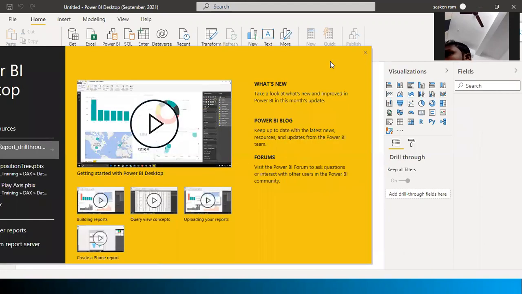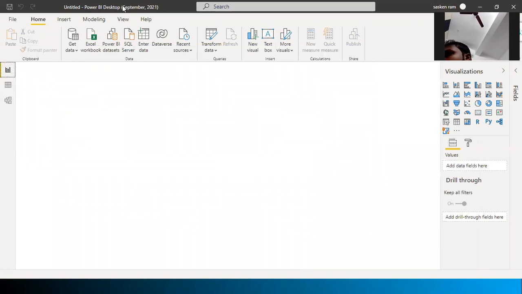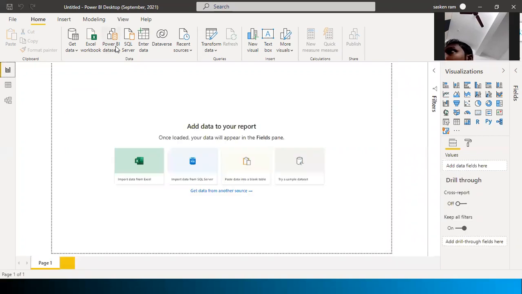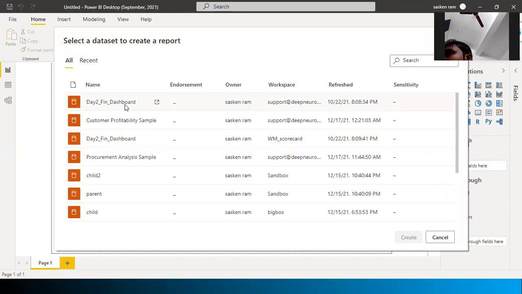Simply what you do is you just connect here, go to the reports we have already published. So 10 reports, 10 tables are there. Why do you need to reload them again? Already we have uploaded them there. You can use the Power BI datasets option here. You just select this one. It will take some time, but when you use Power BI datasets, you cannot use any other thing. Okay. So this is the one I want to use.